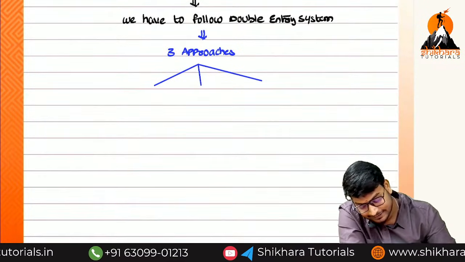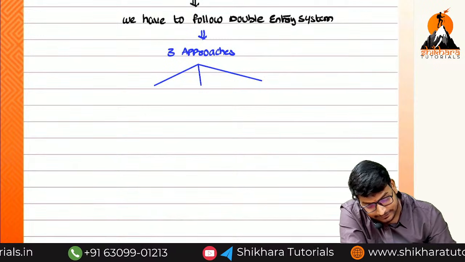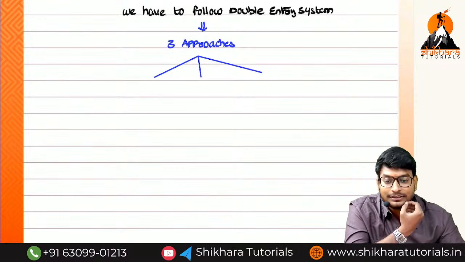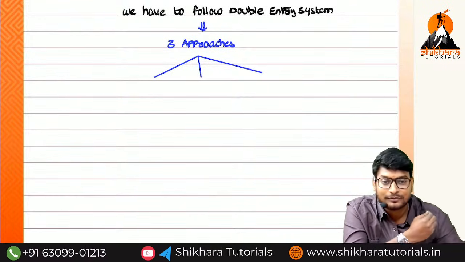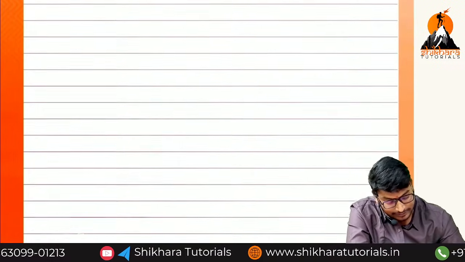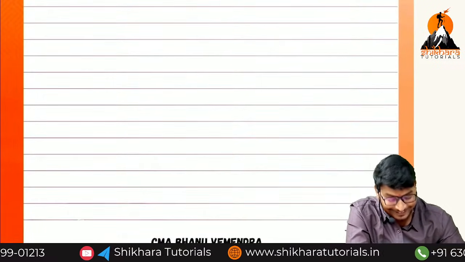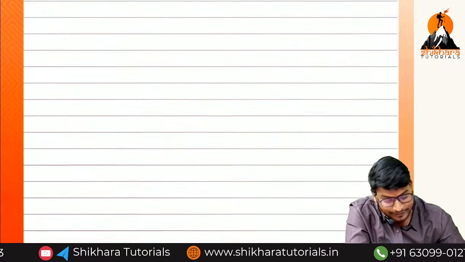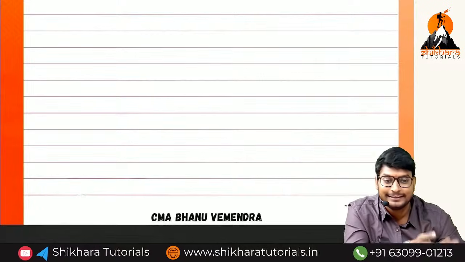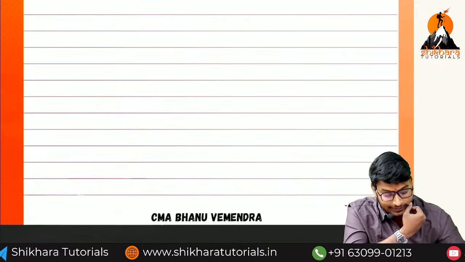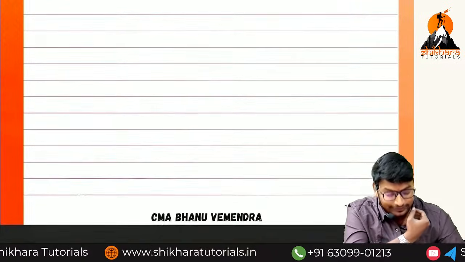Okay, I will discuss, no problem. I am student friendly. Some of the students may know, but some may not know, so once again I am repeating my name. I am a qualified cost and management accountant, CMA Bhanu Vemendra. Vemendra is not my initial, it is a part of my name itself, like Andamuri Vemendranath.